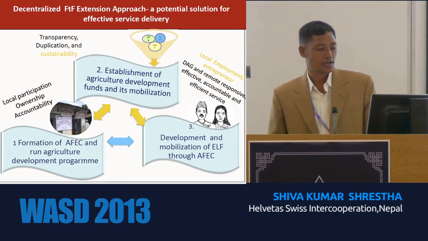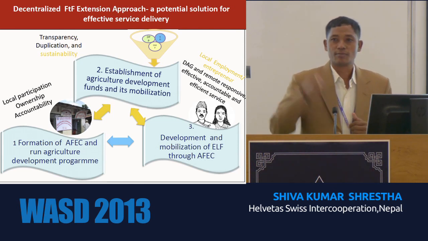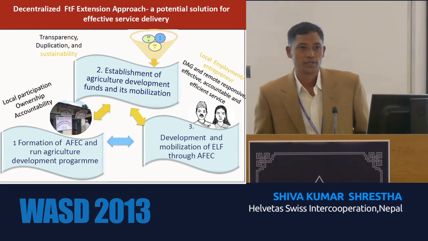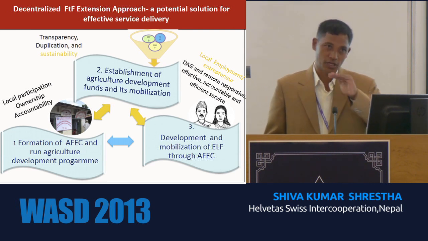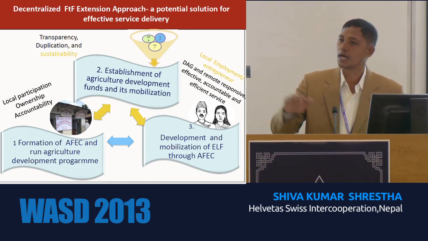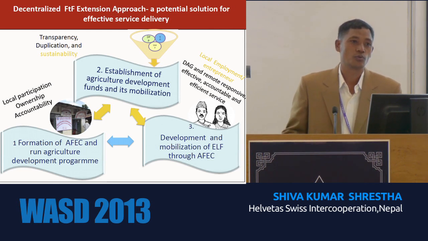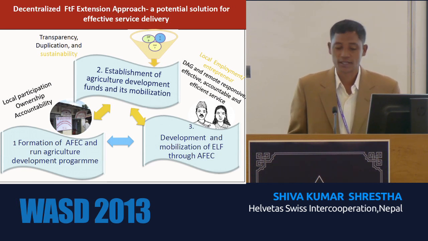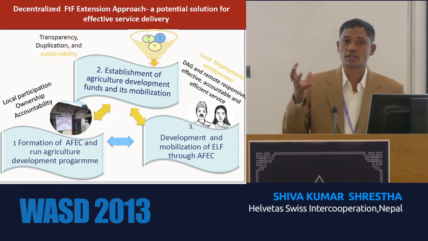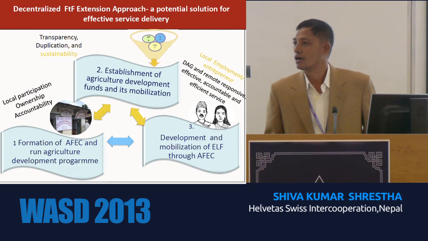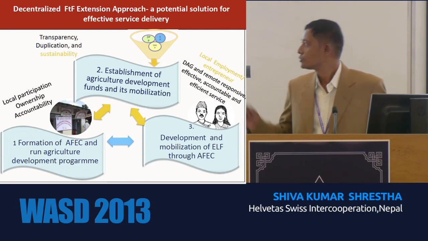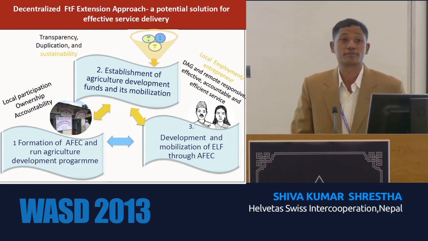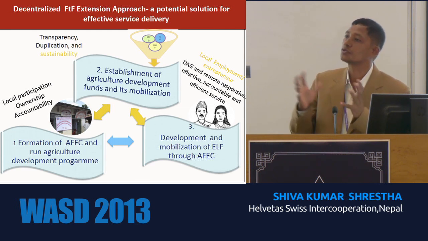And in this approach, as I mentioned, there is a lack of functionaries at the local level. The Village Development Committee is the lowest rank of the government administrative unit, which needs to support the rural area. And at that level, based on the existing act and regulation, we insisted to formulate an agriculture, forest, and environment committee, so that agriculture, forest, and environment go together.